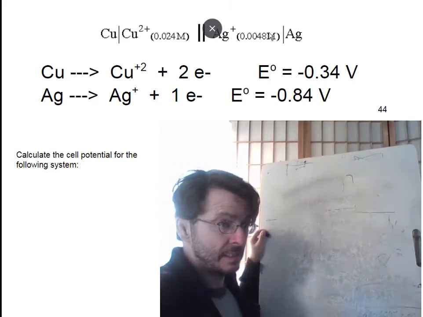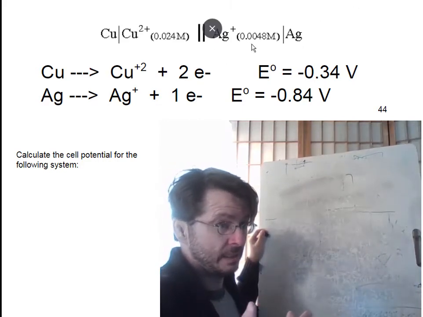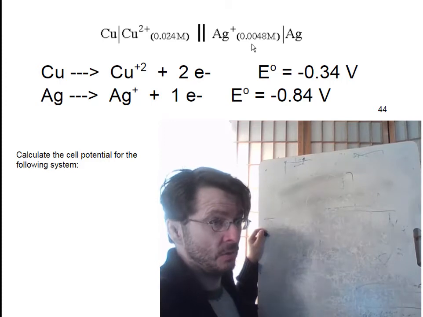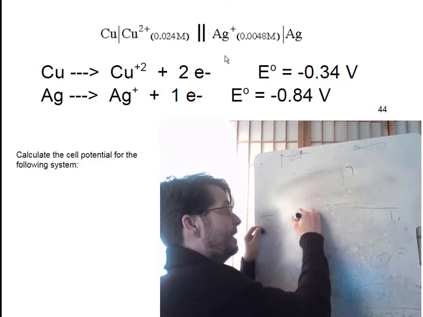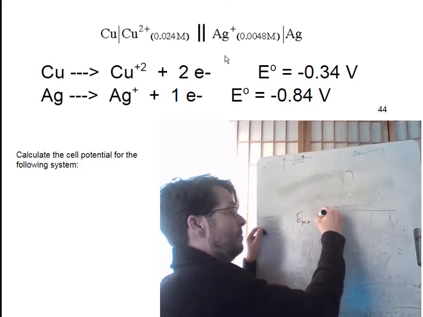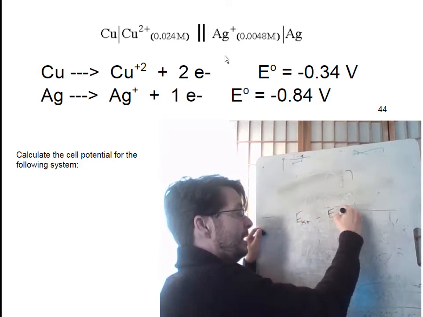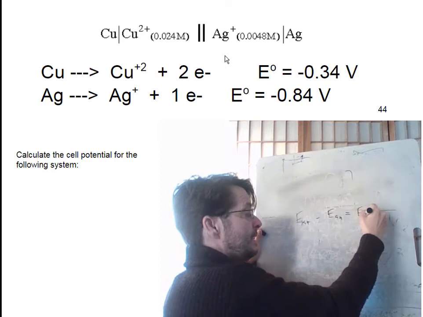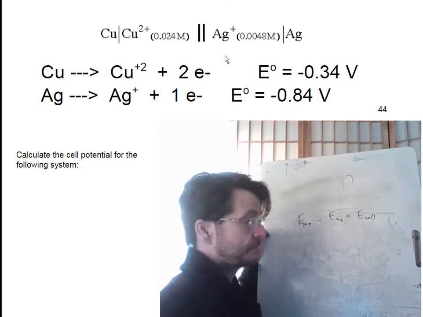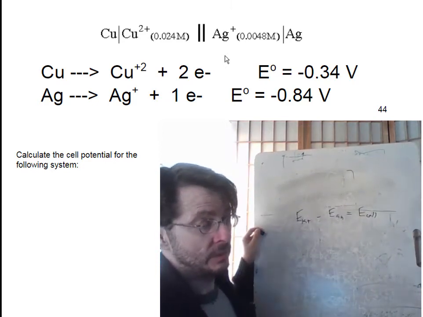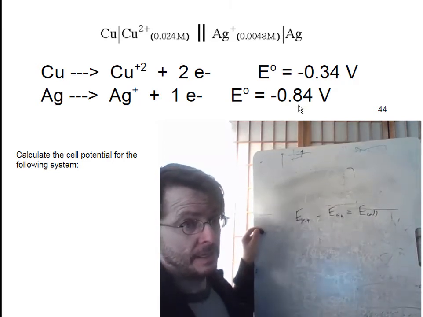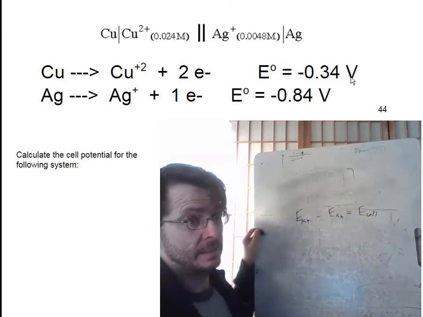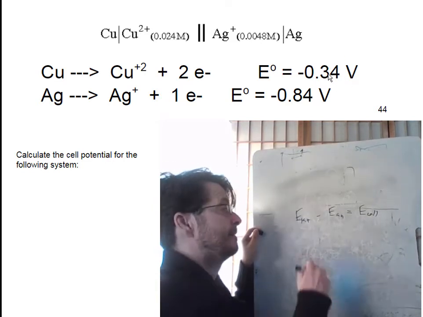What's really nice about line notation is it's relatively quick. You can look at it and just go cathode, anode, and so we can say E cathode minus E anode is equal to E cell. All right, and so we can look and see that the cathode minus this number would give us